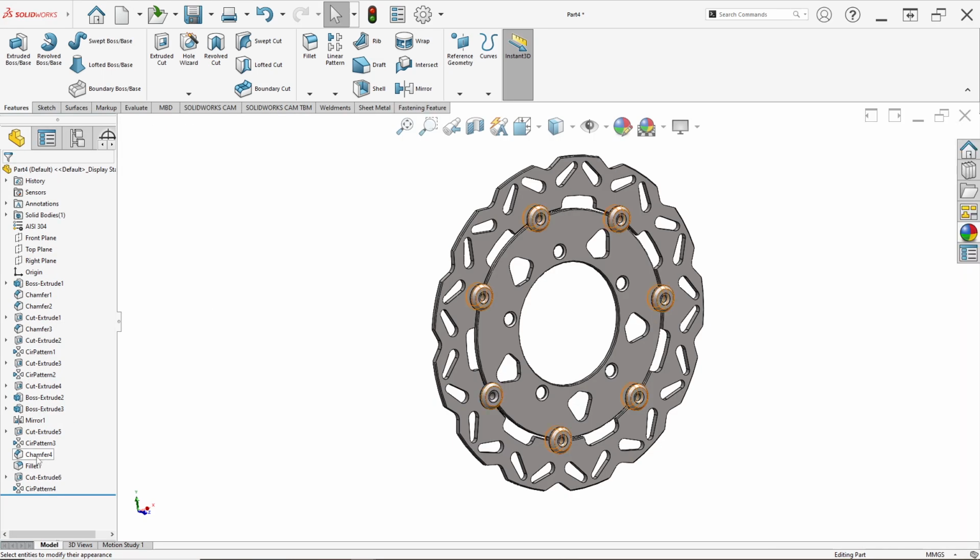Sorry, we can select chamfer 4, fillet 1, select in here, and circular cut extrude 5, mirror extrude boss 3, and extrude boss through, extrude cut 4, extrude cut 4 like this.